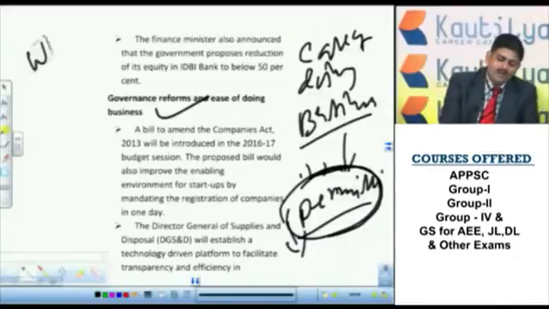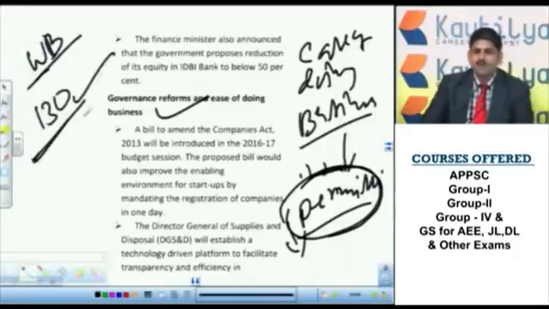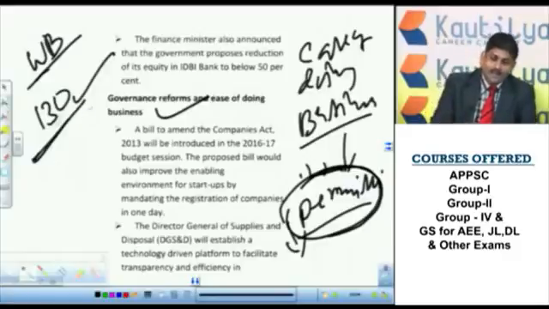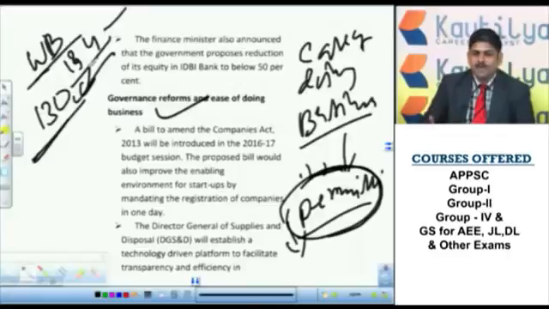So the World Bank gives the rank every time. This time, India's rank is 130. You remember this, it is very, very important. According to the World Bank ease of doing business index, what is the rank of India? 130. Earlier, that means last year, the rank was 134. Now it has improved by 4 ranks. That means India has created a favorable environment for business.